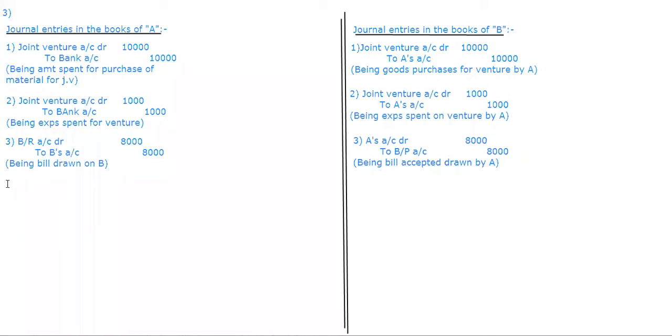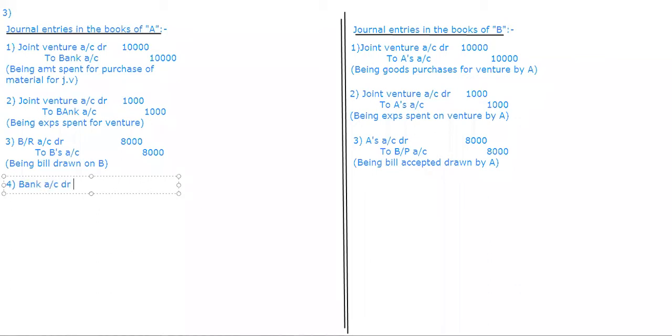Okay, next. Next is the fourth one. Now the fourth one he gave, immediately he said the bill was discounted by 8 sims. Usually we never used to be worried about this one, but now we are going to take it into consideration. So whenever the bill is getting discounted, who is getting discounted? A. So in A's book it will be